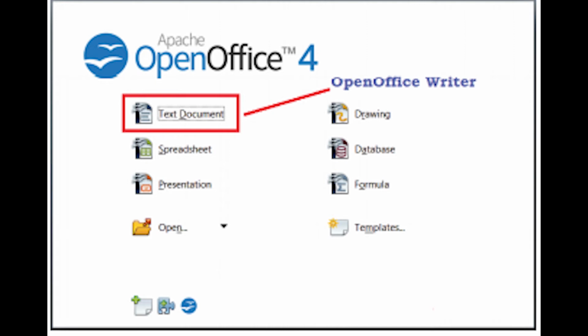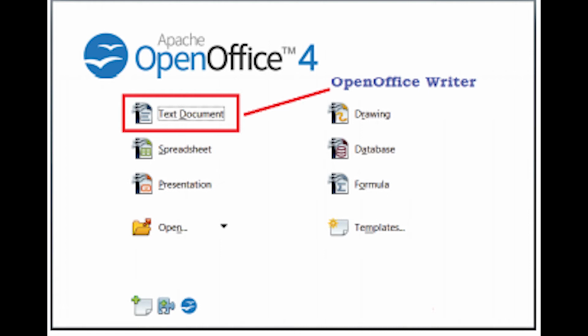So you just double click on the left button of the mouse. You have to keep the arrow above the OpenOffice icon on the desktop and double click. Then you will get an opening screen, that is the Start Center screen of OpenOffice.